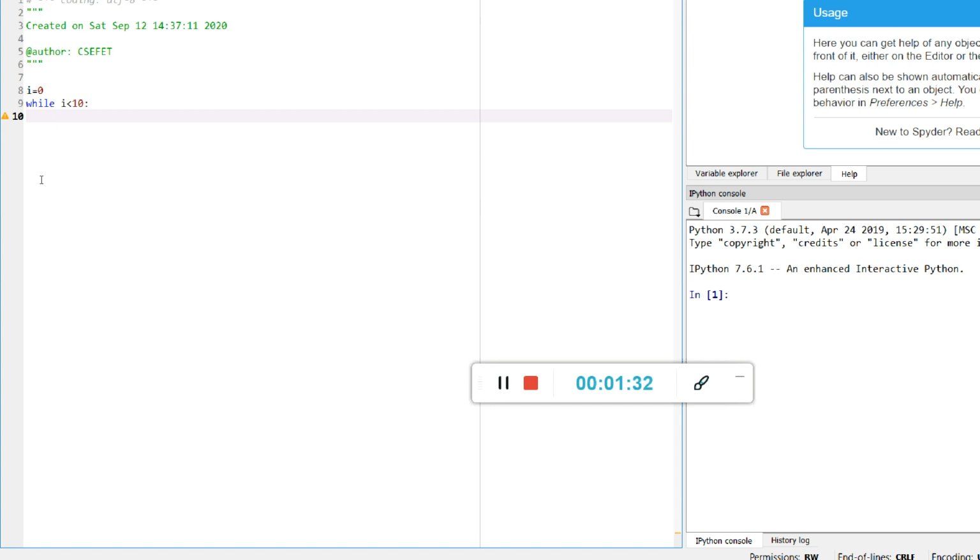So we check if i is less than 10, we print the value of i, and then we give the next value of i: i equals i plus 1. We can give any value. We are just trying to make a program which prints the numbers from 0 to 9. The loop will start from 0. The value of i will go up to 10, but it will not print 10, because 10 is not less than 10. It will come out of the while loop.